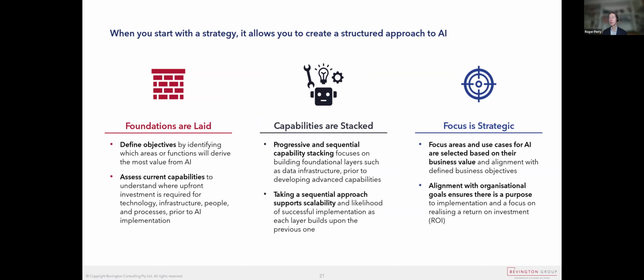So if those are the problems, the flip side of that is a strategy where you build a focused basket of experiments. Now, we're not saying that you only need to do one thing. We're just saying you need to be focused. And you can build a portfolio of experiments that you could scale should you find that the experiments work. Now, if you do it this way, you can lay foundations. So define objectives, assess current capability, and lay some foundations that actually allows you to deliver on those focus areas so you don't find that you're running along and you hit a brick wall because you haven't built the infrastructure required. On the other hand, because you know the focus areas, you don't need to build infrastructure you don't use yet. So that could save you money.